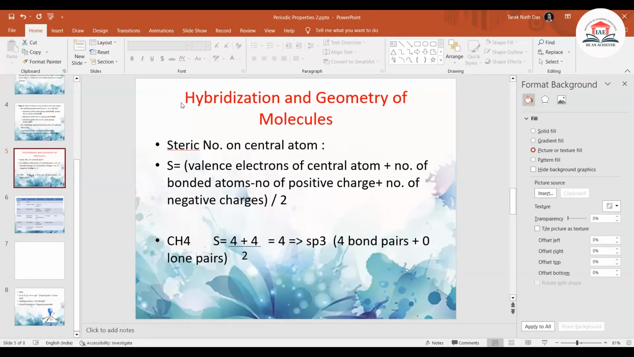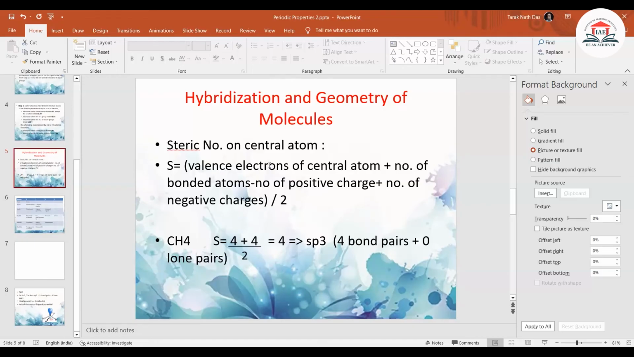PF5, ফসফরাস পেন্টাফ্লুরাইড। সেন্ট্রাল অ্যাটমে কতগুলো ভ্যালেন্স ইলেকট্রন আছে, প্লাস সারাউন্ডিং অ্যাটমের নাম্বার অফ অ্যাটমস, তো ওটাকে যোগ করে, হোল ডিভাইডেড বাই 2, 10/2 5, sp3d। ভেরি গুড, তাহলে এটা হবে ট্রাইগোনাল বাইপিরামিডাল। হ্যাঁ, কারেক্ট, ভেরি গুড। তাহলে এভাবে আমরা হাইব্রিডাইজেশন এন্ড জিওমেট্রি